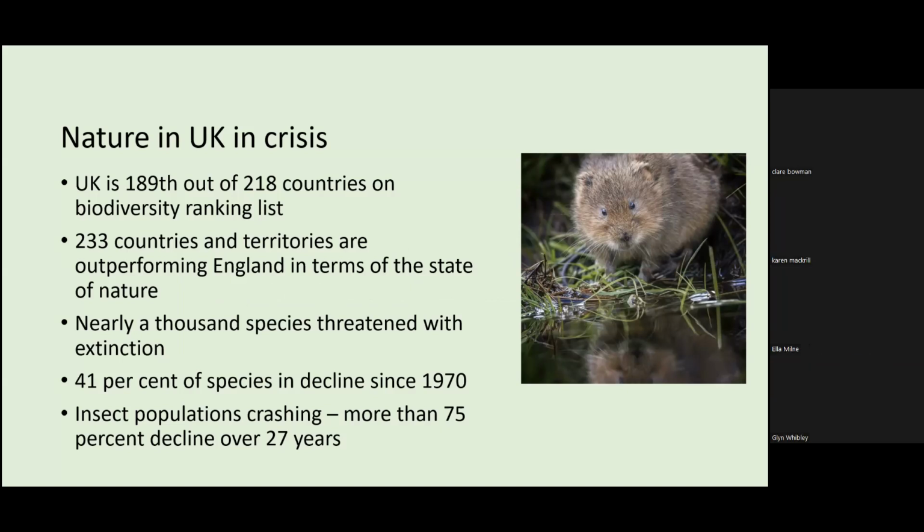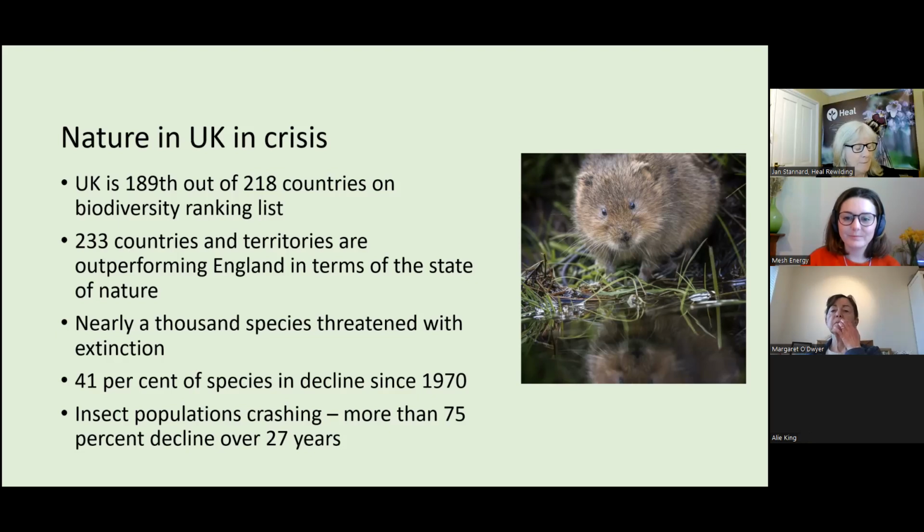And part of the issue is this where you go out and you're used to what you see and you don't know what went before. So it's called shifting baseline. You'll go out and see lovely green fields and think, gosh, it looks great. But actually what you're seeing is absence and not presence, because we have a problem with extinction. We have a problem with decline.